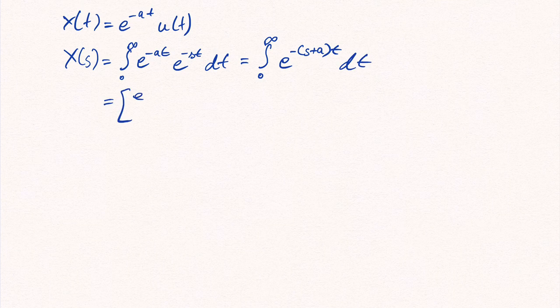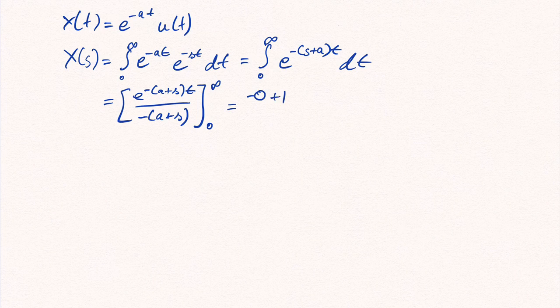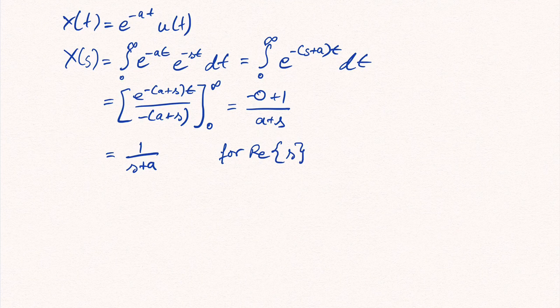It's e to the minus a plus s times t divided by minus a plus s, which we will have to evaluate at 0 and infinity. This gives us minus 0 plus 1 divided by a plus s, which is equal to 1 divided by s plus a. Keep in mind that this only works for values of s which have a real part greater than minus a,